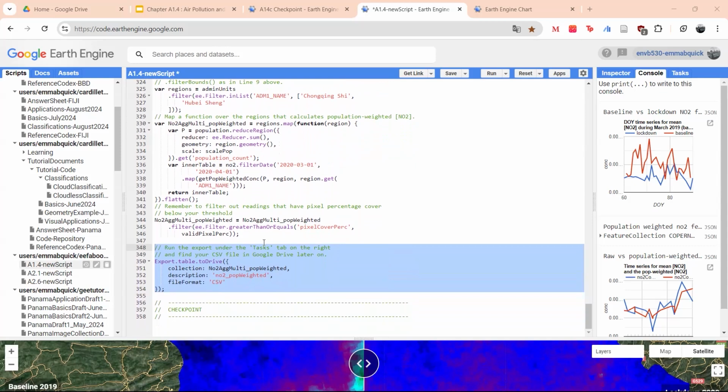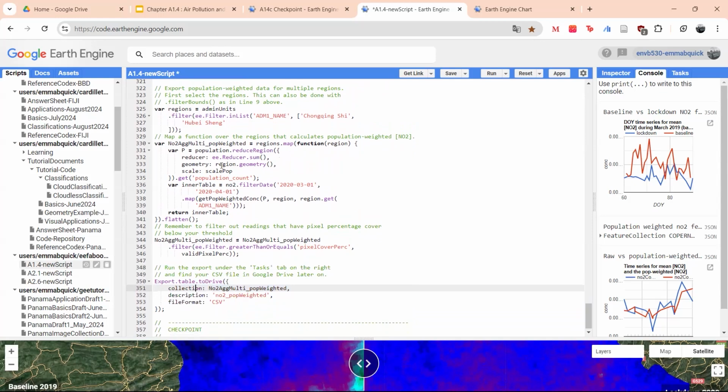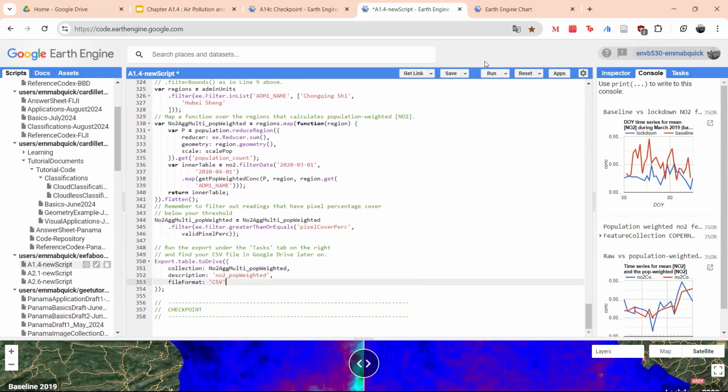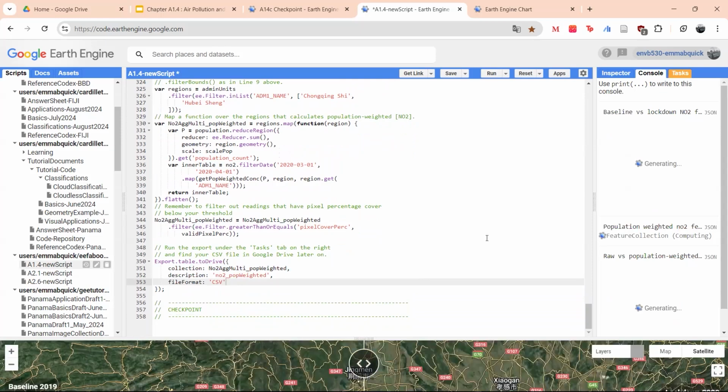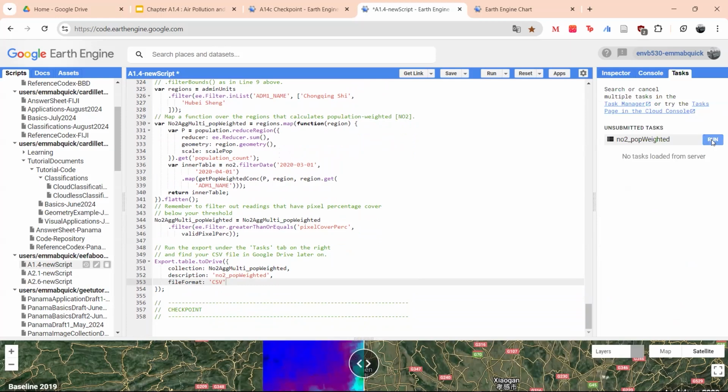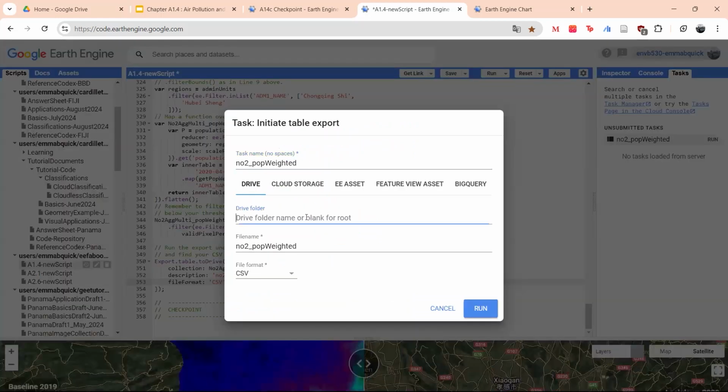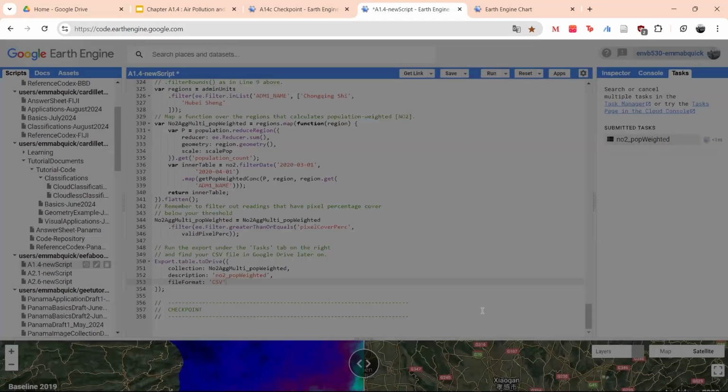And once you've done that, you can use the export table to drive function in Earth Engine. And then what do you want? Your collection, your feature collection, we created it earlier. And then the description, what it is, and then we can run it. And this is going to appear in your tasks because you can then find your CSV in your Google Drive later on. So let's say I run this. I can keep the name. I can name the drive folder if I want, or blank for root. So if I just do blank for root,